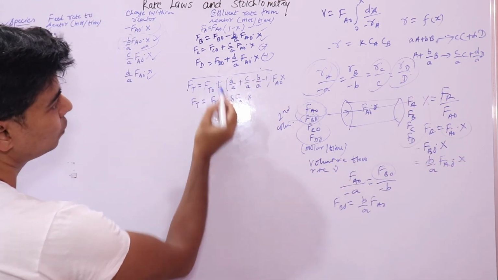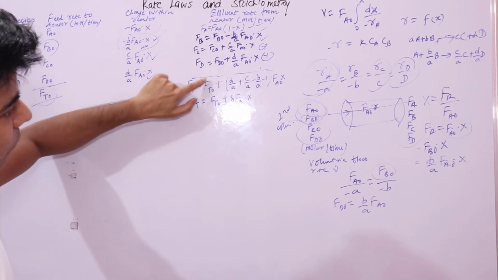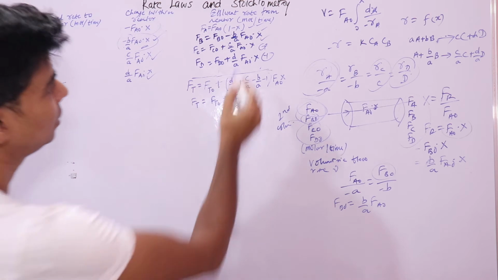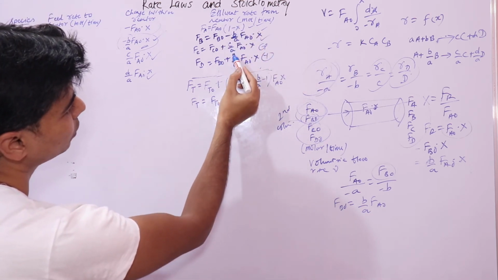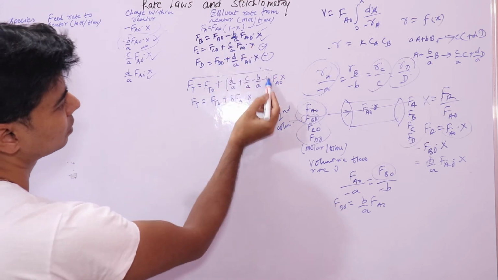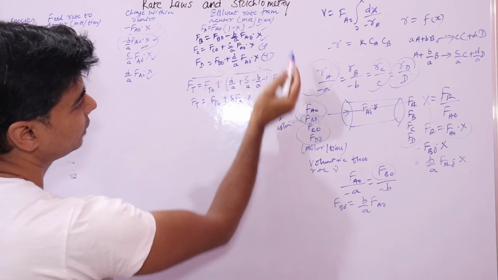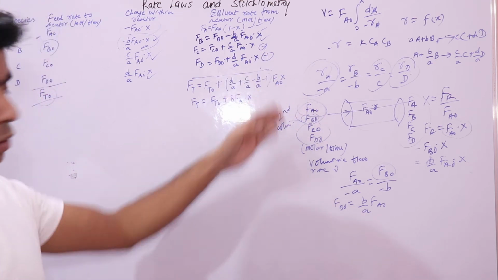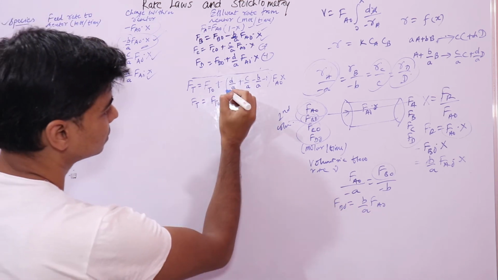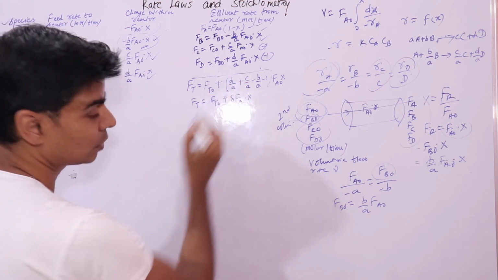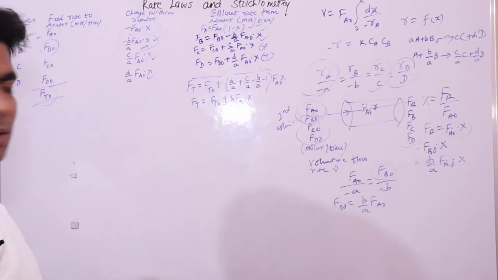And FT0, if you just add FA0, FB0, FC0, FD0, it would be FT0 plus, if you add this portion, you will get D upon A plus C upon A minus B upon A minus 1. This is what we get, and from this portion you can take FA0 X common. This is how you will solve it, like we did in the previous derivation in the previous lecture for batch systems. This will occur in all the calculations related to this.